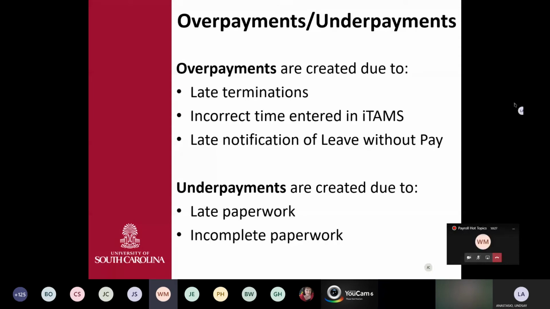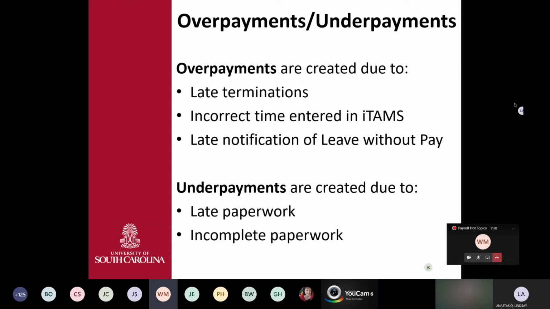What we want to do is make sure that before we go into this summer, we address overpayments and underpayments so that everybody gets an idea of what creates them. Then as we're submitting and creating information for summer positions, we're on the lookout for these items, so we don't cause any grief to the employee. Those of you who have worked with them know it is sometimes a challenge when you have to address this type of issue with an employee. So we're trying to get out in front of it.